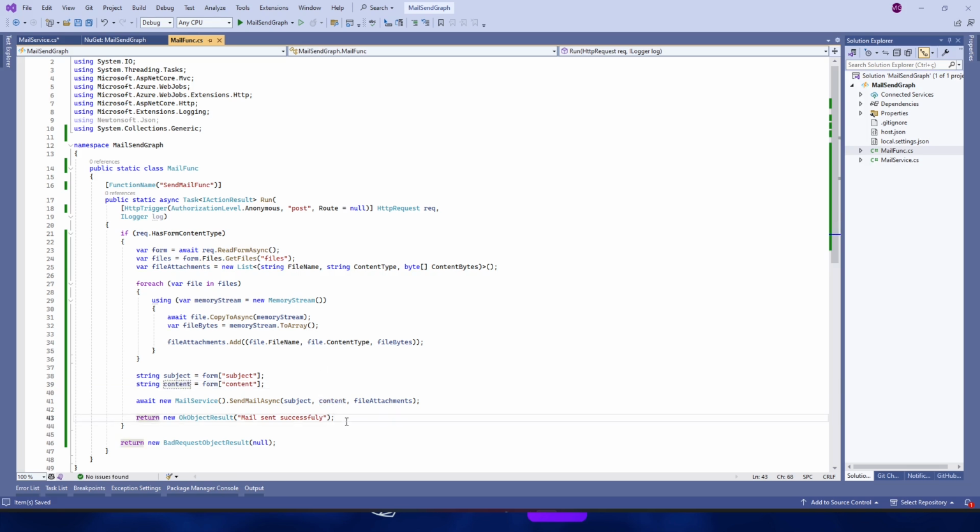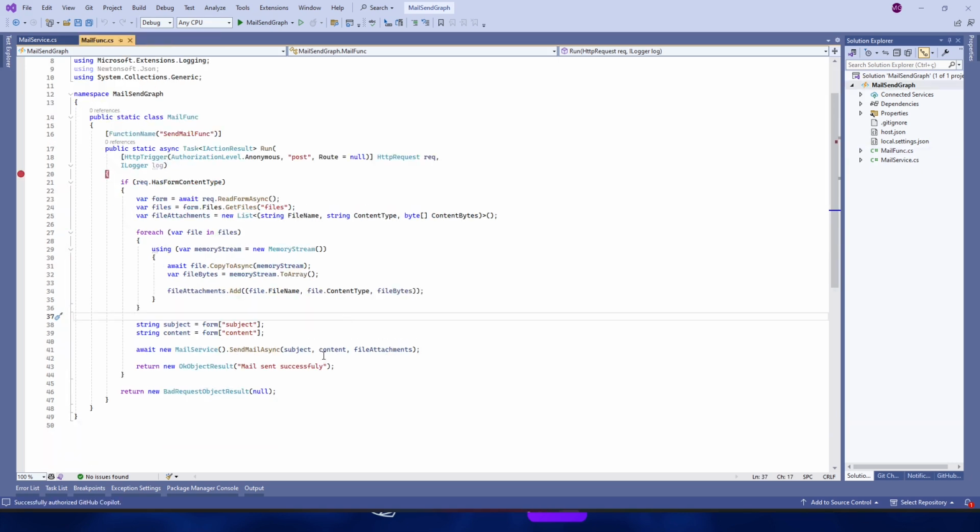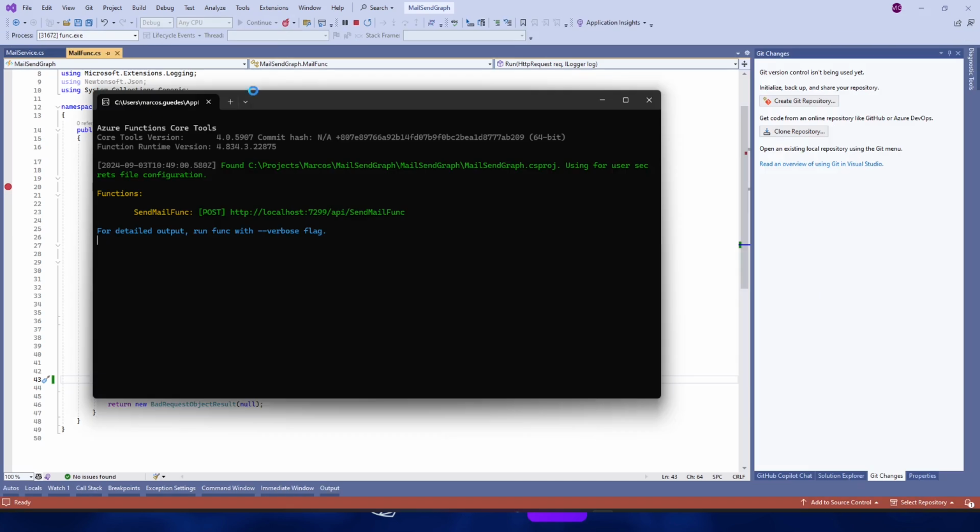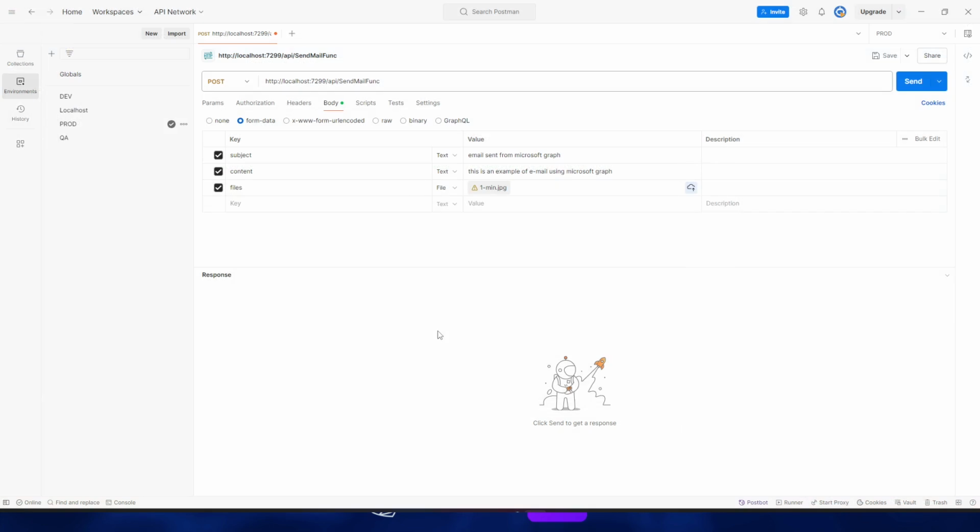The next step is to test our function. I will add one more L letter in the word successfully, and I will execute our project. Copy this URL generated by our project, and I will use Postman to test our function.